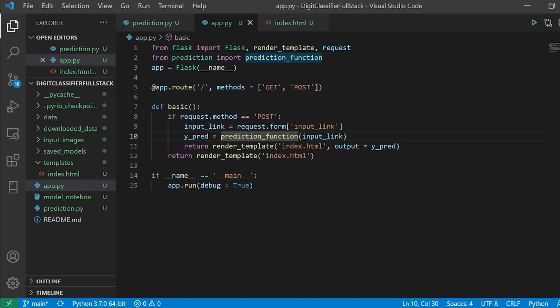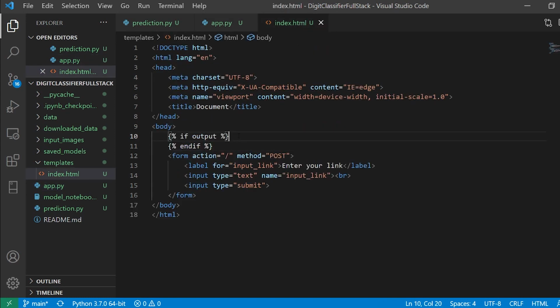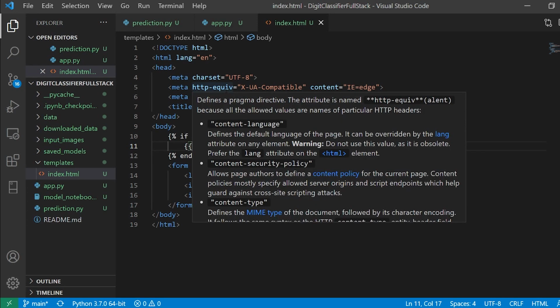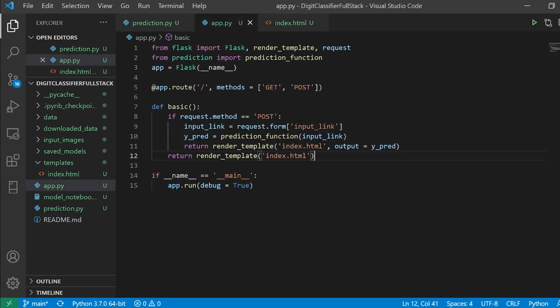So whenever this function has been prepared, it's going to push it through this, and here I can fetch it and prepare a condition. So I'm going to say if and only if the output is true, I'm going to print out the output, and this is it. So my Jinja is ready. This Jinja is going to pop up on my page, which is going to indicate that this is the particular number that you are looking forward to predict. And the things are ready.